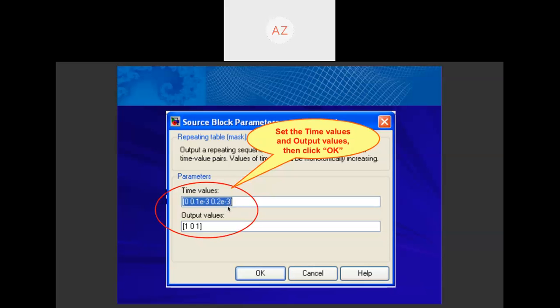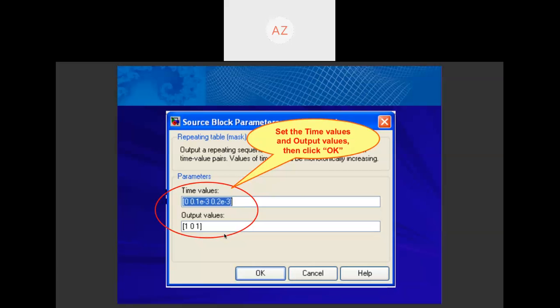So this is the procedure to set 3 points of the repeating sequence block. At output values, you can insert 101 to get a W-shaped carrier signal, or you can set 010 to get an M-shaped carrier signal.